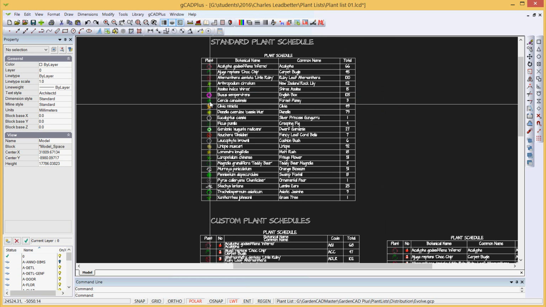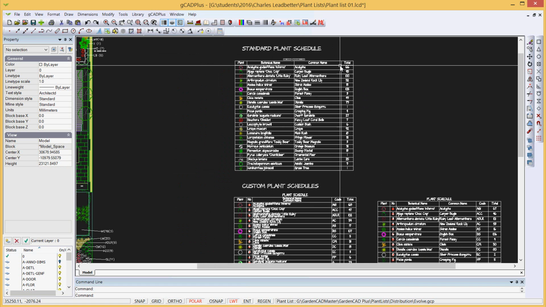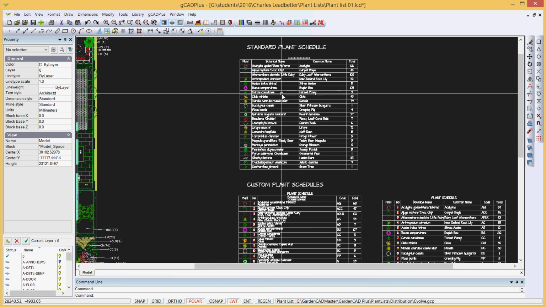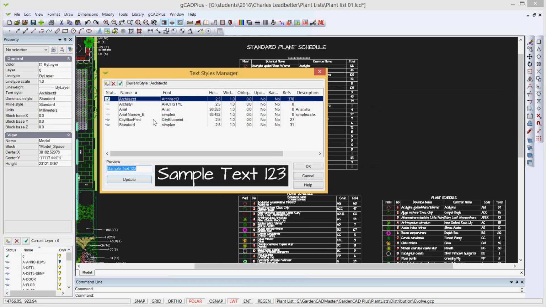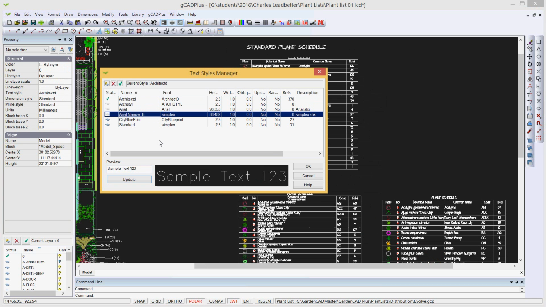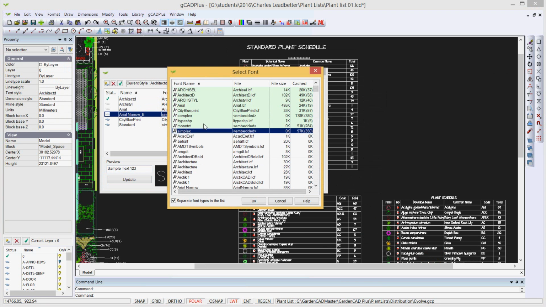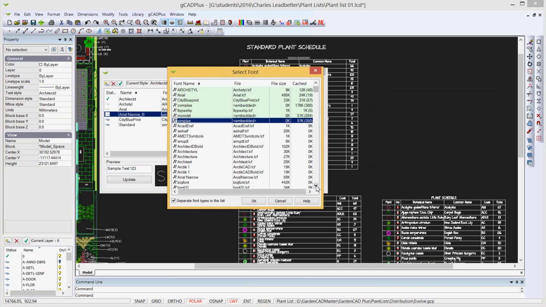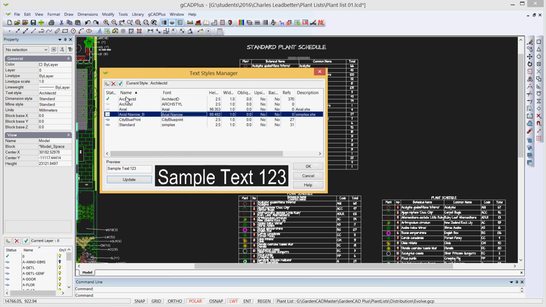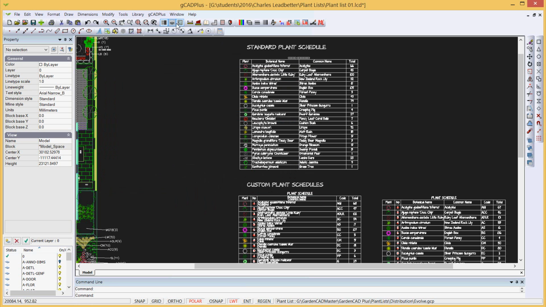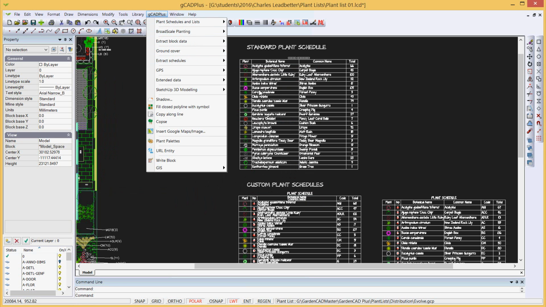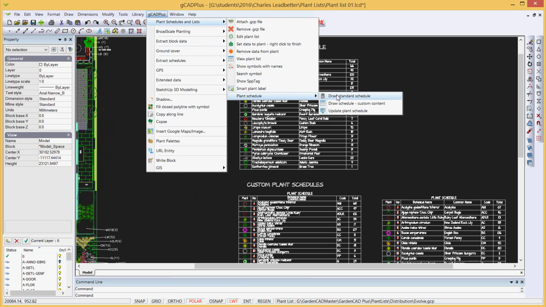It shows the symbol used for the plant, the botanical name, common name, and the total number of plants in the design. The text that is used in that plant schedule is dictated by the current text style. So if I go here, the current text style is Architect D. If I change that to, say, Arial Narrow, and made sure that I had Arial Narrow defined in my style, and let's make that the current style,